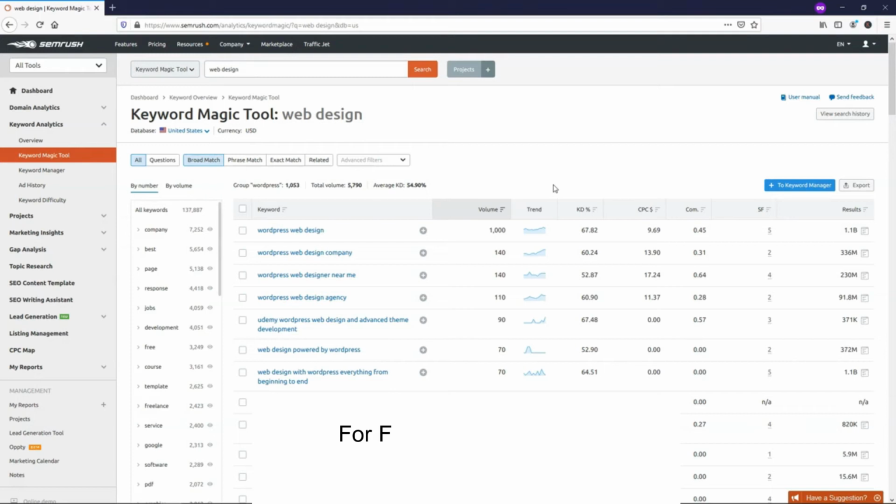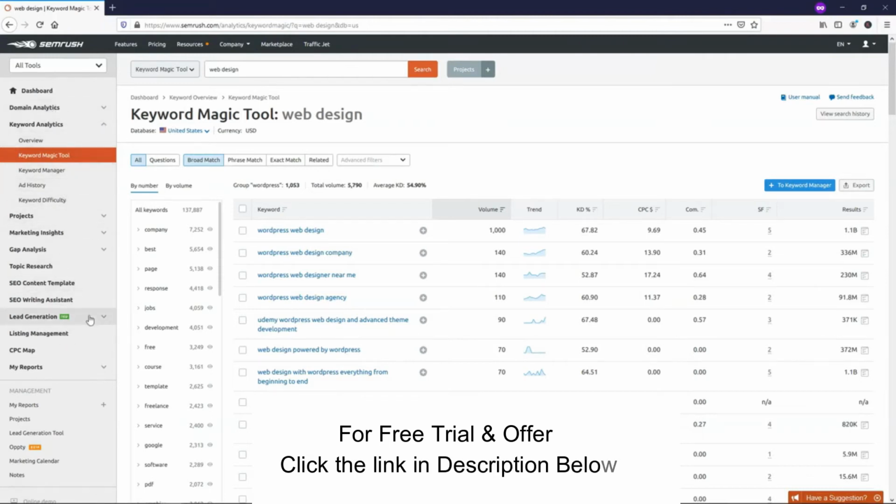So honestly, there is so much more I could show you within SEMRush, even within the keyword magic tool here, and you can look at all these different headings on the left side to see and learn more about them. Again, I really think the keyword magic tool is probably my favorite tool within this whole group, but there's a